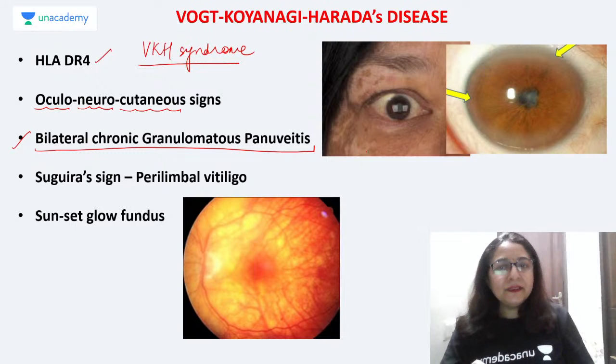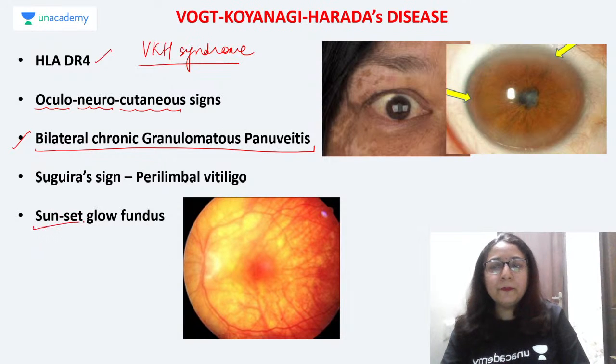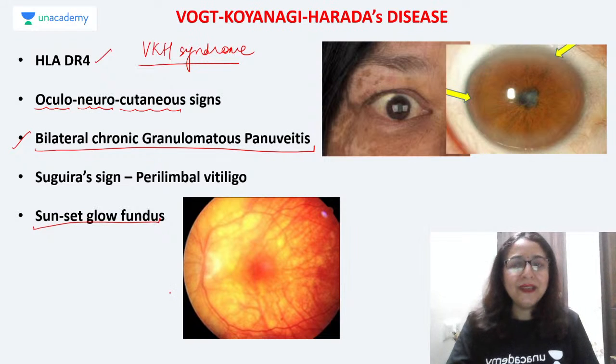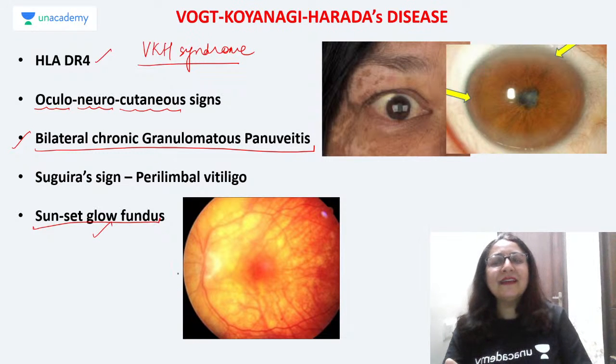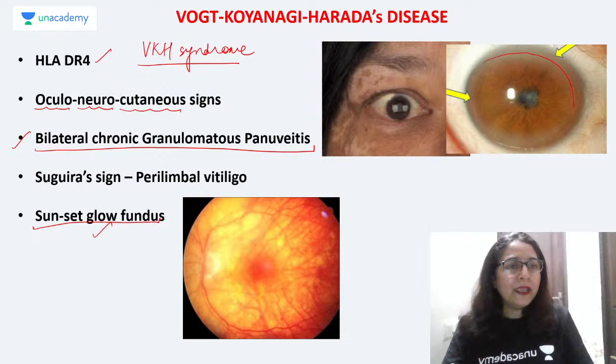Now this panuveitis, in the later chronic stages, when there is degeneration of the RPE, leads to a typical appearance of the fundus. The fundus glow does not appear like a red reflex. It is your sunset glow fundus. Okay. In the skin signs, there is vitiligo, and there is also depigmentation seen in the limbal area. The perilimbal iris becomes hypopigmented, which is known as perilimbal vitiligo,